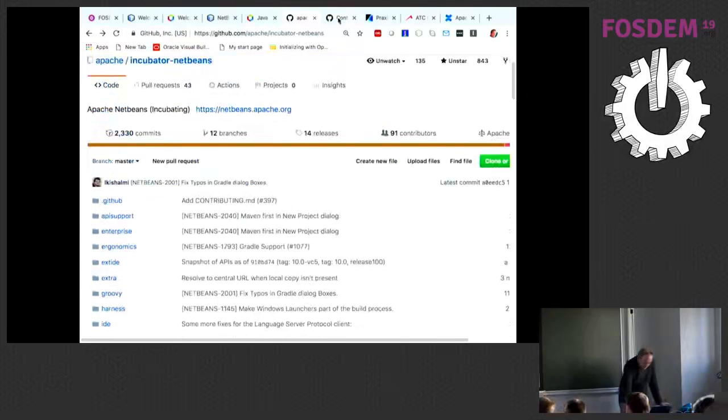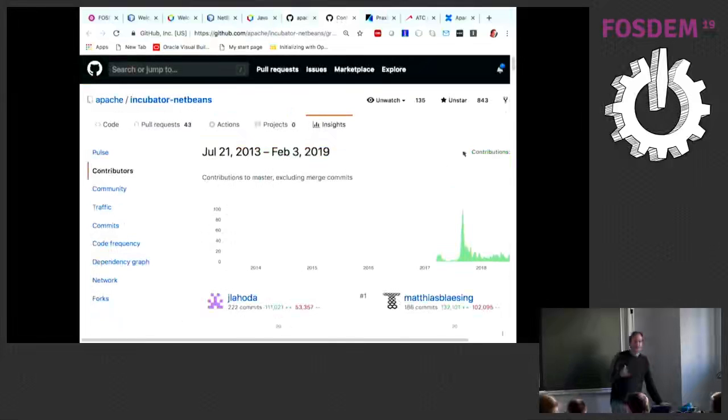So here you can see who has contributed. So everything is transparent for the first time. And inside Oracle, we had like one person doing release management for NetBeans. And that one person knew everything about release management. But no one else knew how that one person did it. And if that person was run over by a bus, we wouldn't have been able to release. In Apache, everything is documented. We're simply following Apache's release management steps when we do a release. So it's really well organized and transparent.